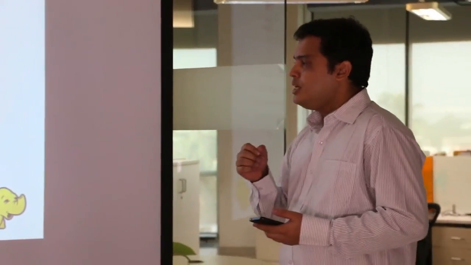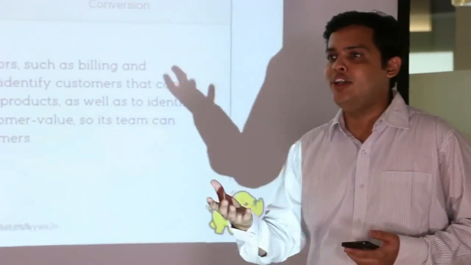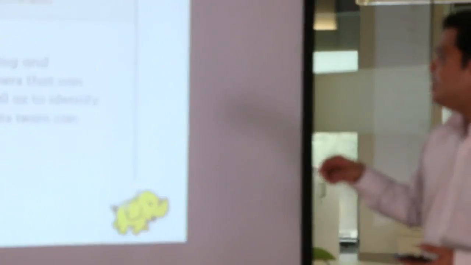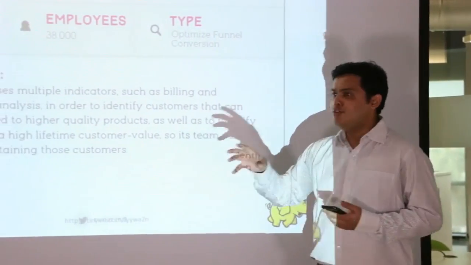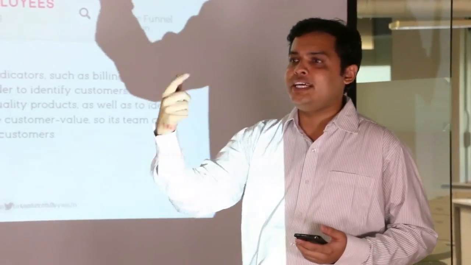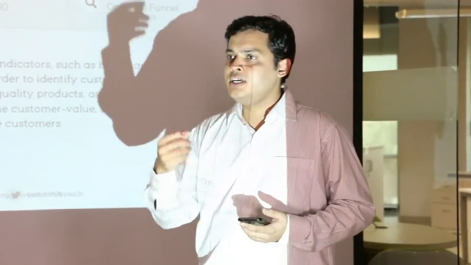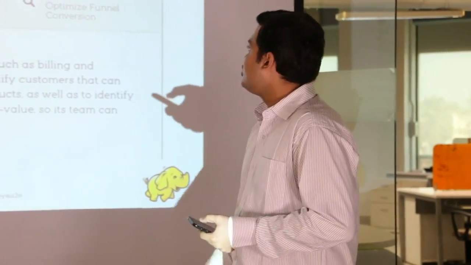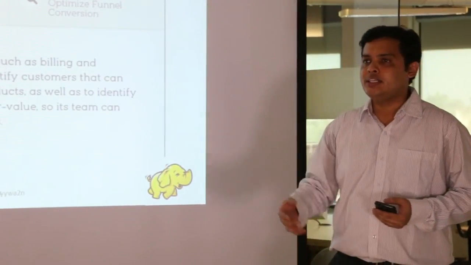T-Mobile, okay. So it's basically from the communication industry, right? So what they did was they used multiple indicators such as billing and sentiment analysis to identify who are their high value customers, and they actually had relationship managers to take care of them, right? Whenever they identify a high value customer, the team focuses on that customer to retain them. So if Akash is my high value customer, I will constantly check what Akash is saying about T-Mobile, how he is reacting to all the offers and everything. So the main objective for this company was to retain the customers.